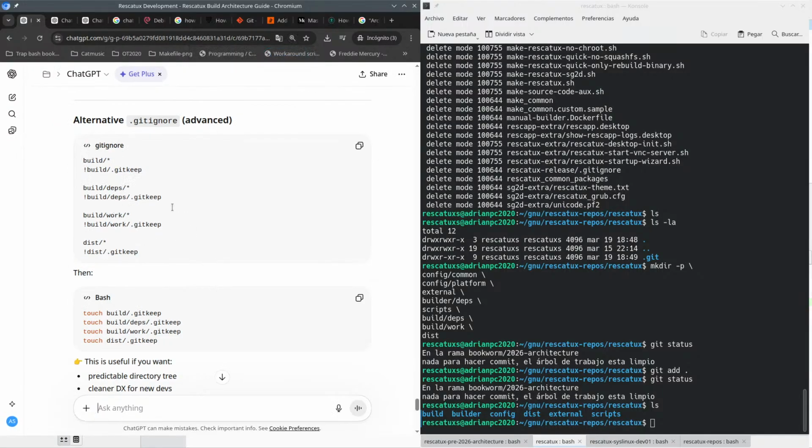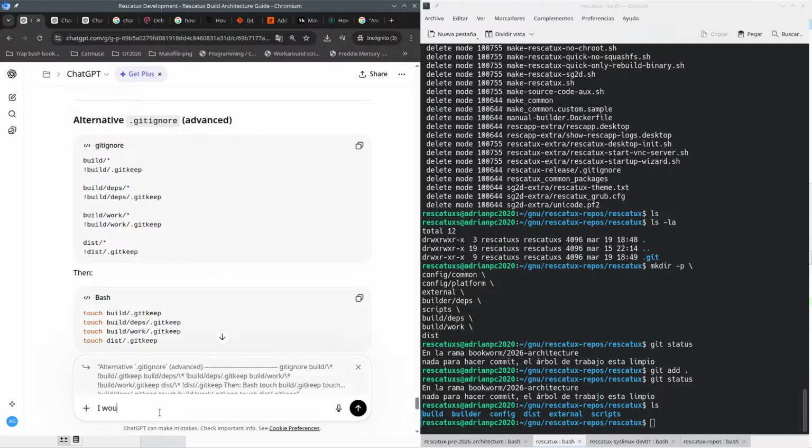So I want to create this .gitignore with all of this, but I prefer, so I would like to implement this approach, but use .gitignore